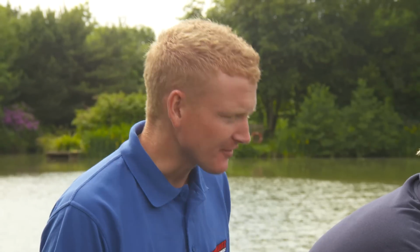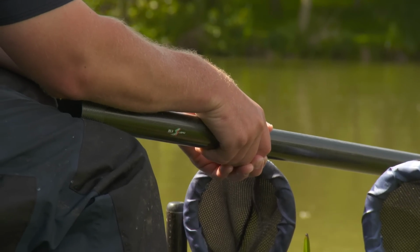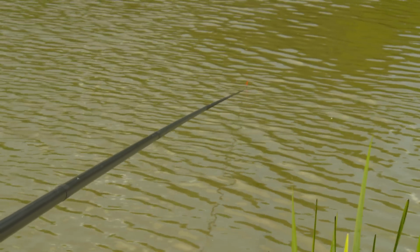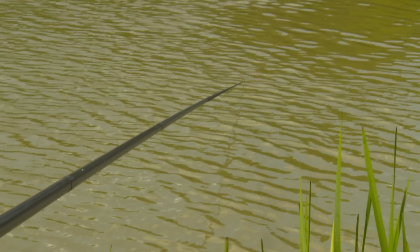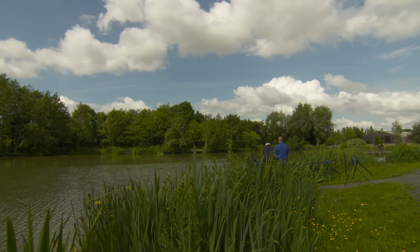Well, Adam, I can see that you've had a little bit of a change of tactics now. It looks like you're fishing on the bottom, are you? Have you gone deeper? Yeah, I've just gone straight down onto the deck, Matt. Okay, what's prompted you to do that? Well, I fed the edge a while back, and about an hour or so ago,